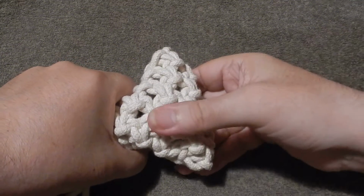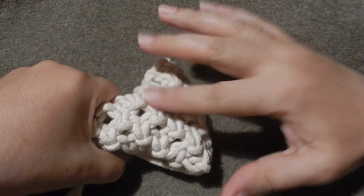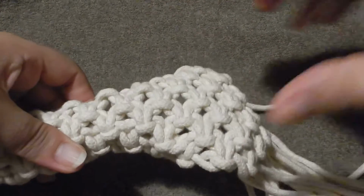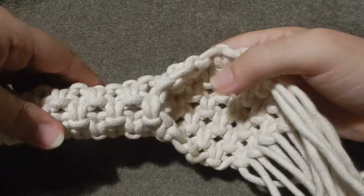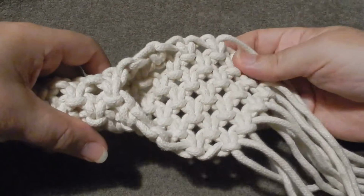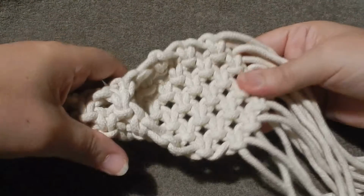Hi, hello. Today we are going to show how I do this ending of the round cylinder fabric. So this is a round cylinder fabric that we have already shown in other videos. We have also shown how to open this fabric to stay flat. Now in the end, if you do recall,